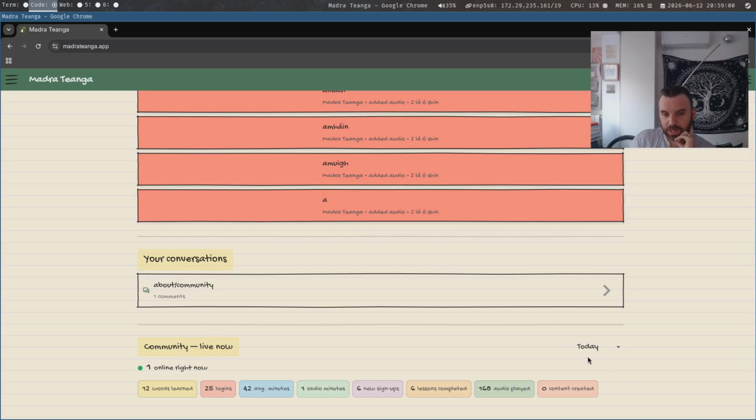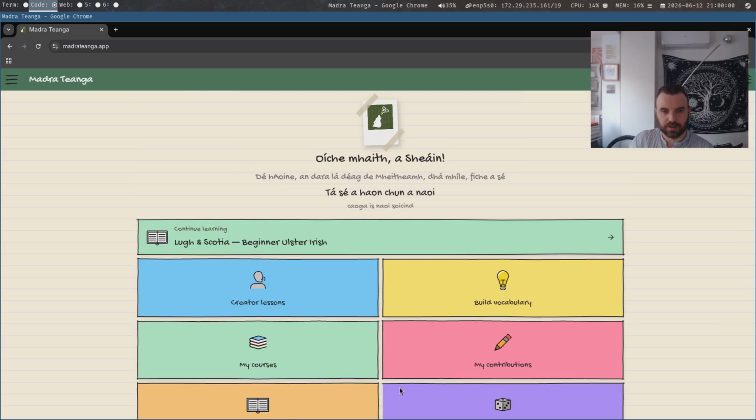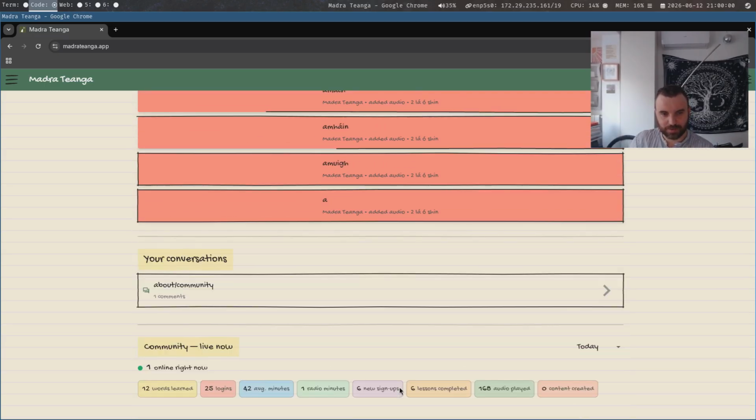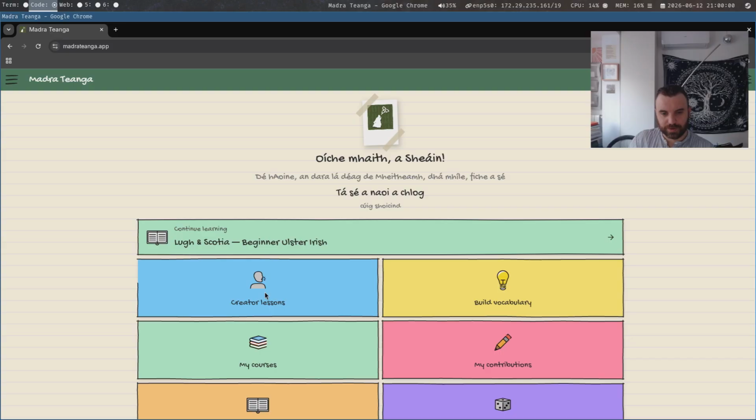And at the bottom we have live stats, so you can see exactly what's going on in the app. 16 sign-ups. Yesterday 50 people got emails. Today 50 more get emails about signing up and stuff. I'll talk a bit about that later on, because there's a lot in the app. I think maybe it might not be what people are expecting, and there are not many courses yet, so we'll see if people respond.